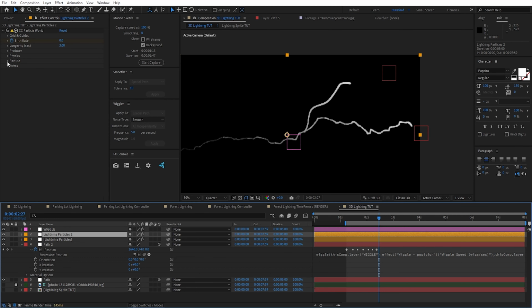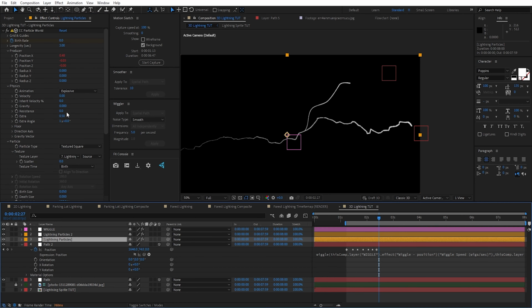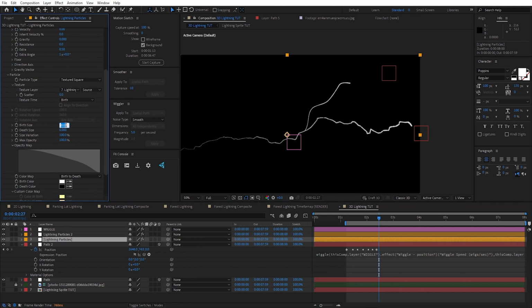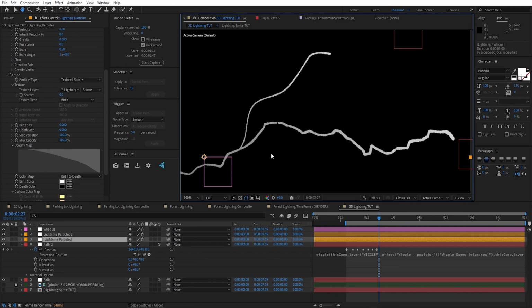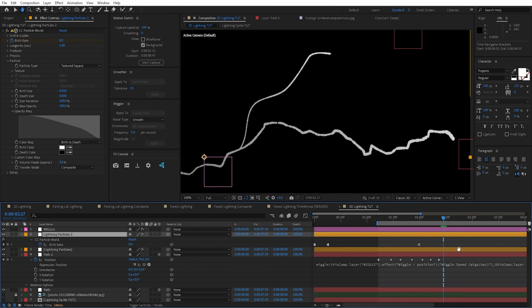Now for this second copy, I think I'm gonna scale down the size as well. So we'll do 0.03 instead, just so it's a bit smaller compared to the main lightning strike. And in fact, we'll do 0.06 for that. And we're still able to see some gaps in between the particles, so we can always just increase the birth rate. Oh, and that reminds me, we can bring up the keyframes of the birth rate on the second copy